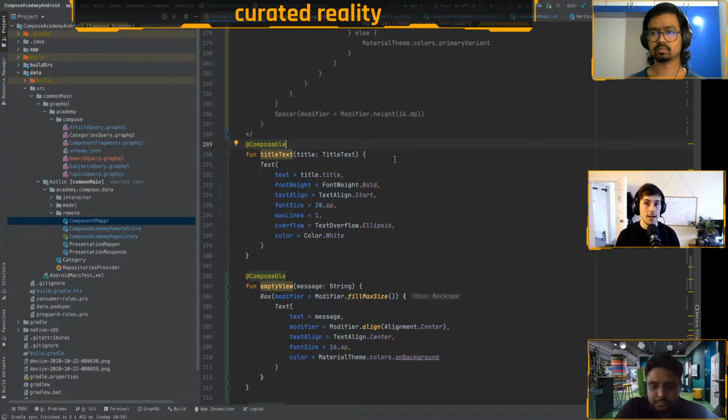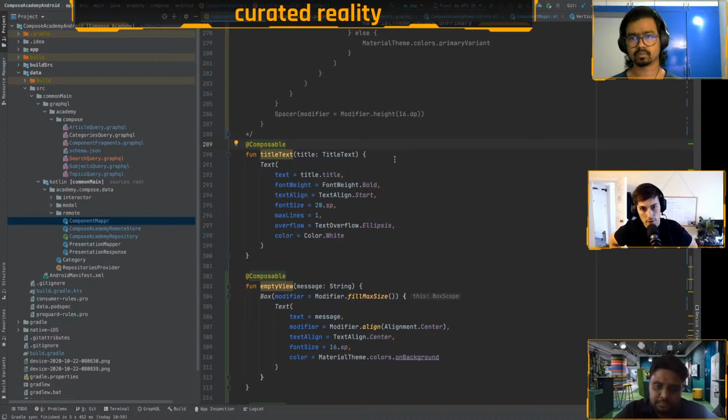I don't know how that would work. You'd probably hack something together to get it to work, but I think it's about finding that balance of responsibilities. What should the server be responsible for, and what should the client be responsible for? Even with the navigation component, there are navigation component explorations and actually support for Compose that's in alpha, I think.